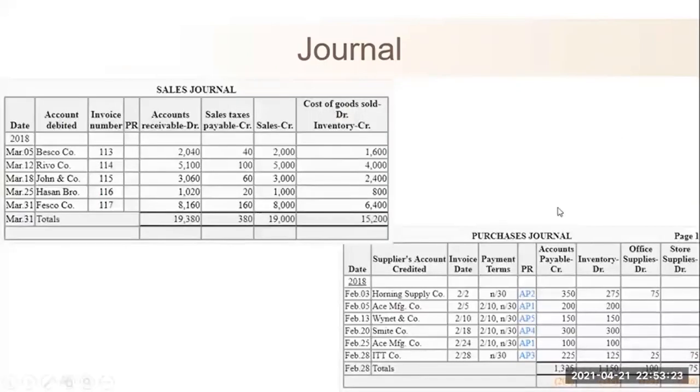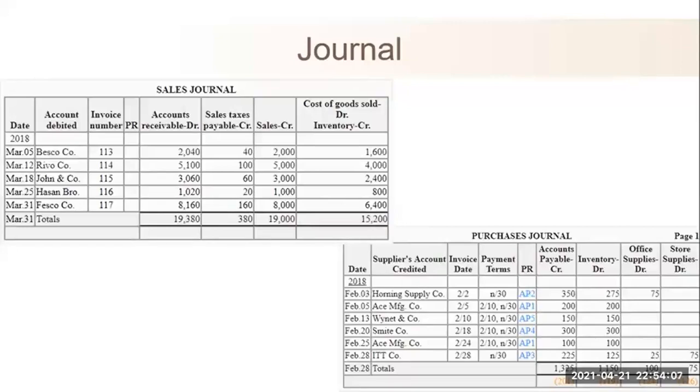Okay, sa purchase journal naman, i-include din natin yung mga discount. Kung nakikita nyo dito, meron tayong mga invoice date, pero maaaring nabayaran natin siya on February 3, kahit binigyan tayo ng invoice nung February 2. Nakalagay din dito yung mga pangalan ng supplier, and payment terms, meaning ito yung discount. For example, N over 30, ibig sabihin dapat makabayad tayo within 30 days, pero wala siyang discount.